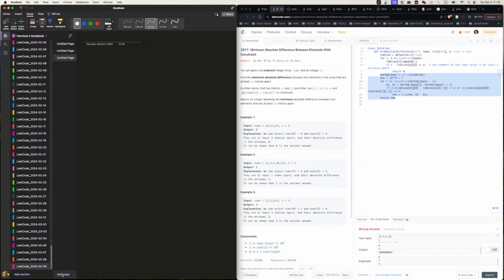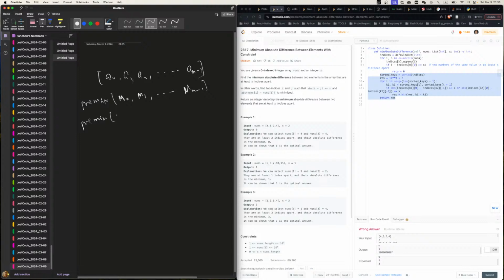Okay, so here's a new idea, right? So we have this again, A0, A1, A2, to A n minus 1, right? And we have a prefix max, so it'll be M0, M1 to M n minus 1. And we have a prefix min, M0, M1 all the way to M n minus 1. Okay, so now we start from n minus 1 and we say my minimum absolute difference